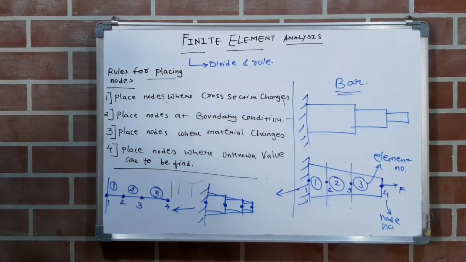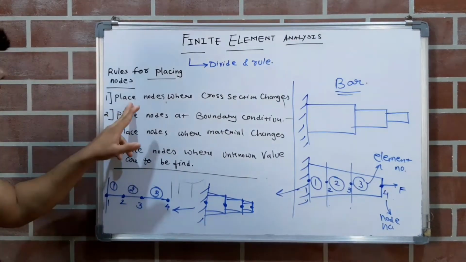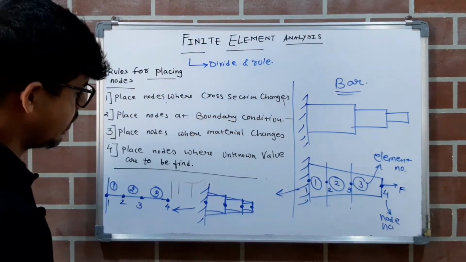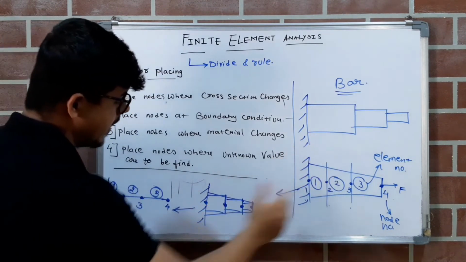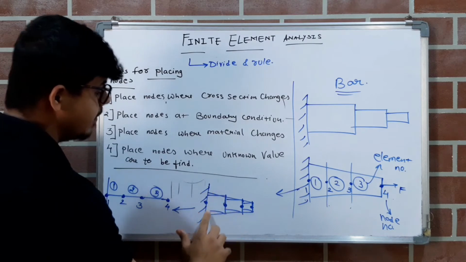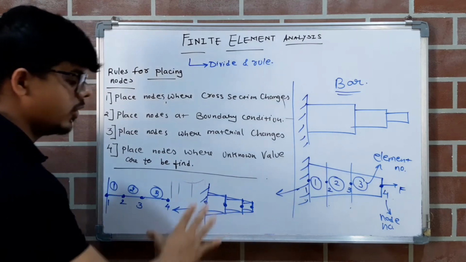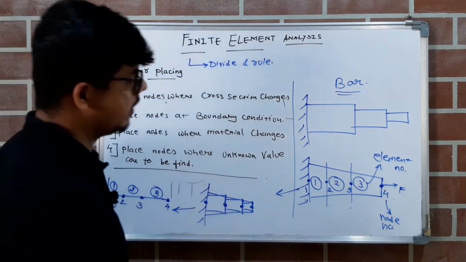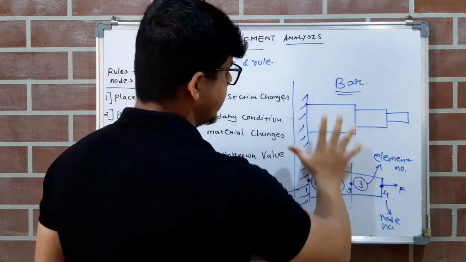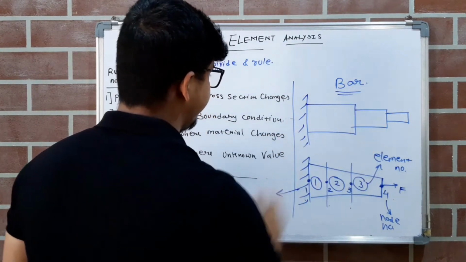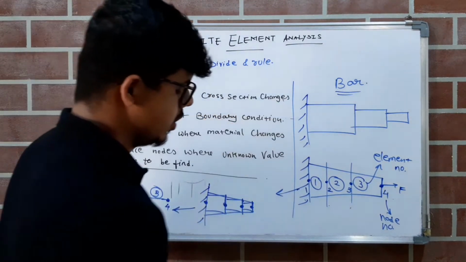So these are the 4 basic rules by which we can place the nodes correctly. First is what? Place nodes where cross section changes. You can observe here, as we have divided this taper bar into this type of elements, we can resemble this taper bar as a step bar, right? How we have converted this taper bar into a step bar, you can understand in detail in the upcoming videos. But for instance, let's say we have this step bar. As our first rule suggests, place nodes where cross section changes. So you can observe here